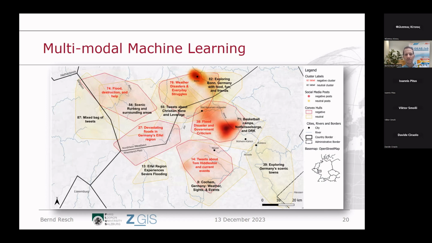So in the end, what you see here is that we have a number of topics that are spatially distinct, that talk about different things, and that change over time, obviously. And this is a, I don't know, kind of hotspot map that helps disaster managers and policymakers to really get people the type of help that they actually need.